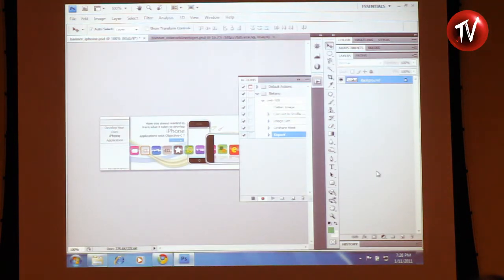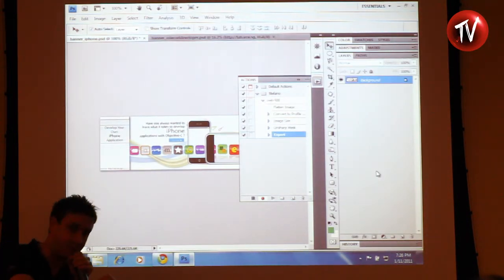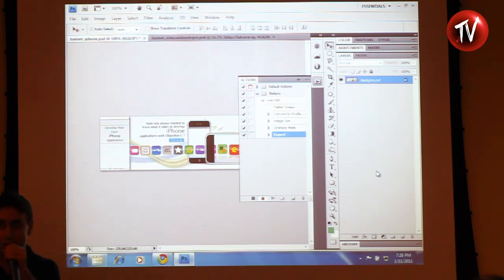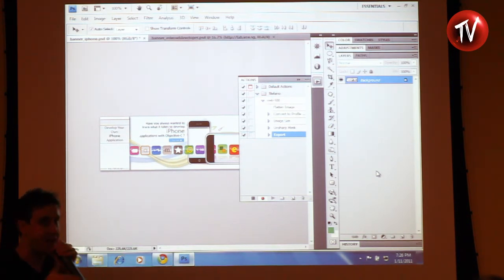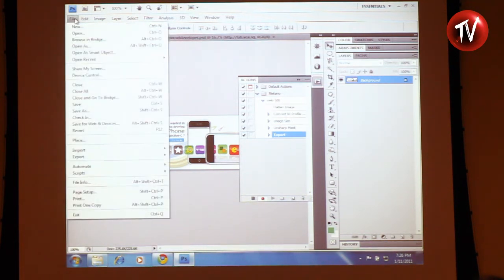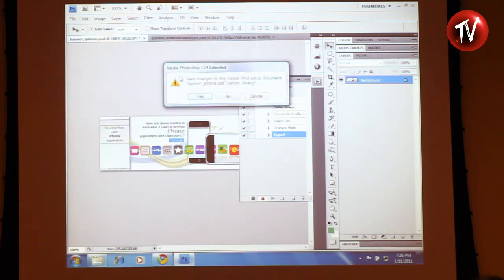Oh, another thing. Now, the image has been already saved on my desktop. However, when I play the action again, I will end up, let's say I have 20 banners to save with 20 banners all open. If I have already saved the action, I don't need to keep these open anymore. So I can close it. And to close it, I just go to File, Close, and when it prompts me, what do you want to do with this picture? Do you want to save? Guess what I'm gonna say? No. We don't save, no. We don't save because